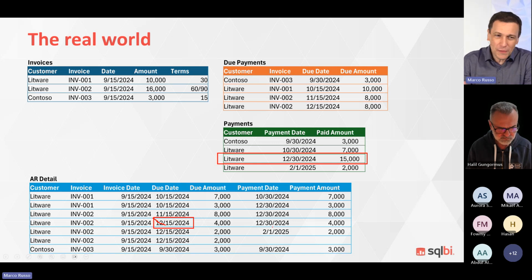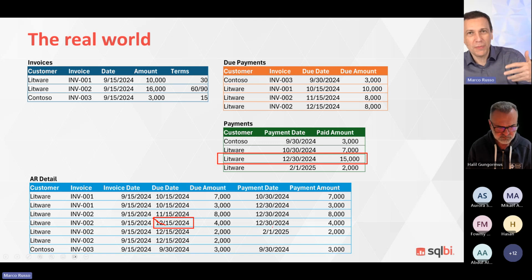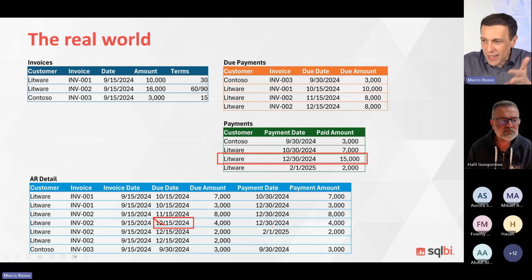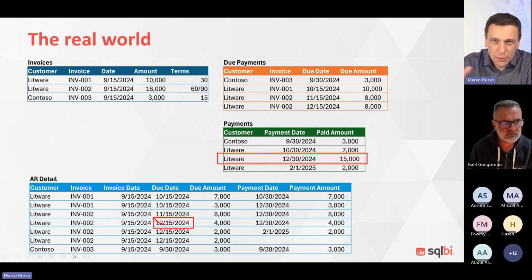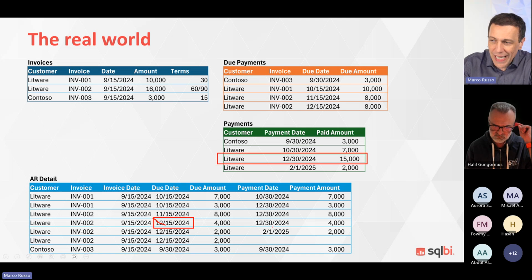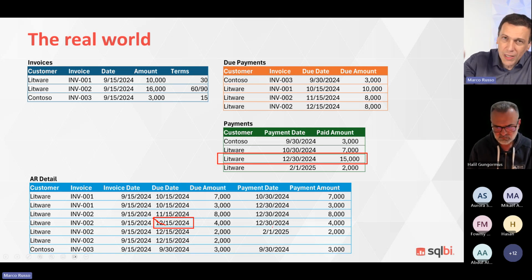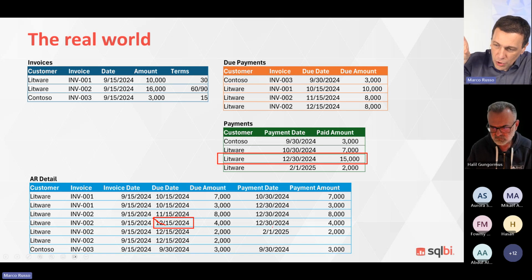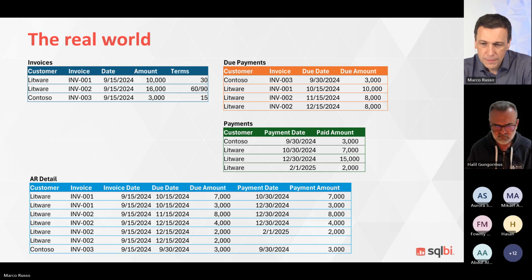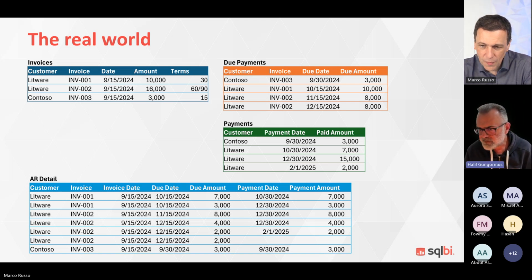The thing is, what happens if you don't even have any due date? So you receive money from a customer without having an invoice. Okay, that's another problem that I don't know. You probably have to create a dummy invoice. This should be analyzed, but again, it depends on your source data. So it's something that I will evaluate case by case, always trying to create this AR detail as a goal for your measure. Exactly, I agree on that.